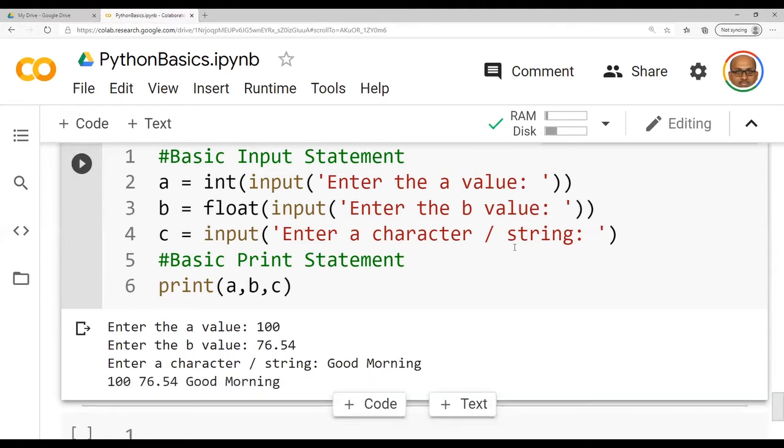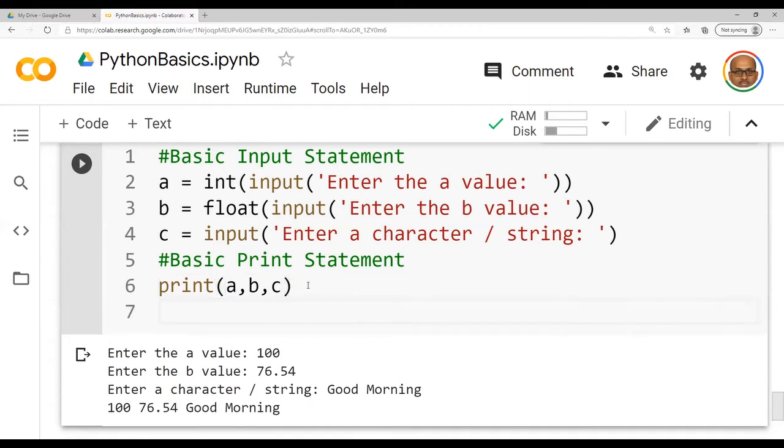See, if I give A comma B comma C, I am trying to print the values of A comma B comma C. It means 100, 76.54, good morning is occurring in the same line.